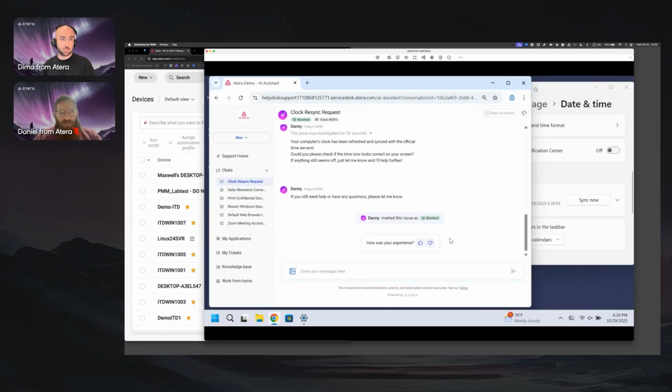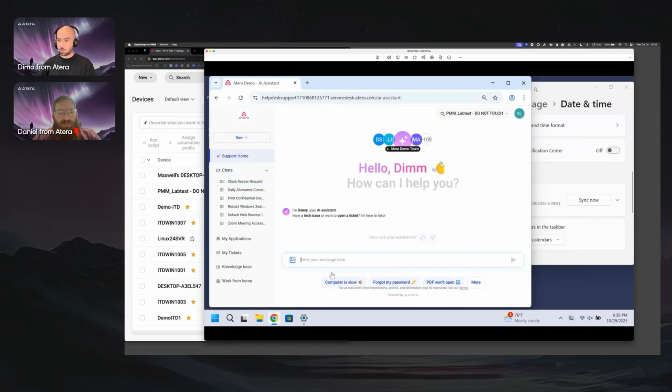We have a setting that allows nudges for the end users, because end users seem to leave the ticket conversation as soon as they get help. You people from the industry may know it better than I do. So we're trying to prevent this from happening. And we can also do something that is a very frequent one, which is restart